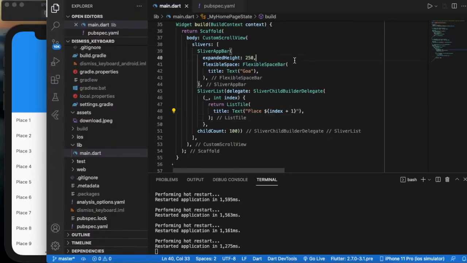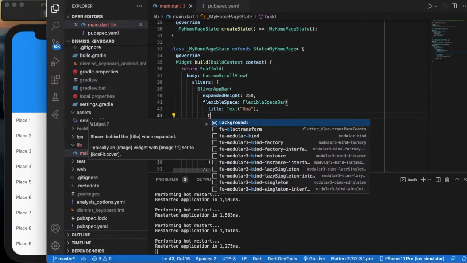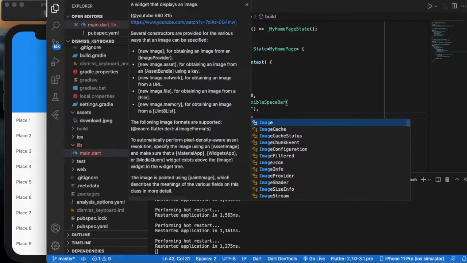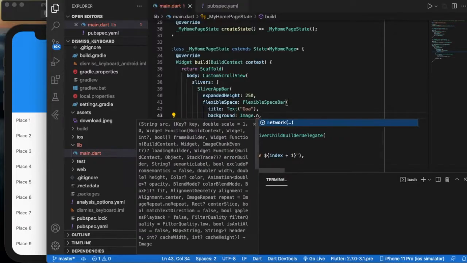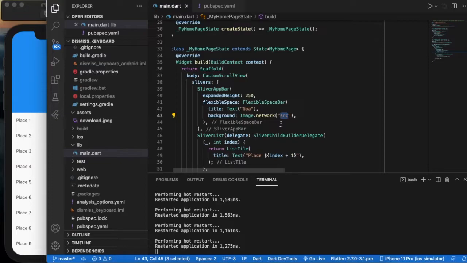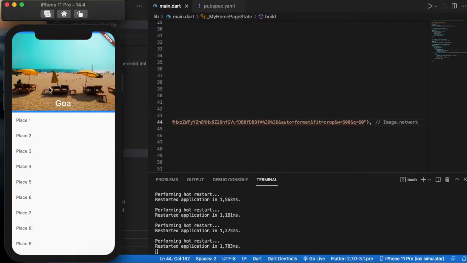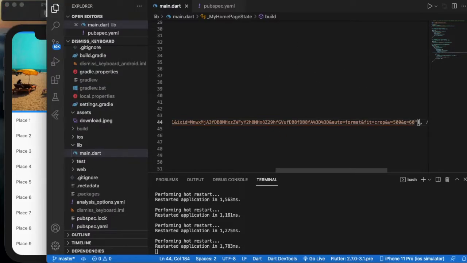Let us try adding an image to the app bar. Background, Image.network. Let me copy this image from Unsplash and paste it here. Hot reload the app. Now we would get an image, but it is not fitted, so let me add a